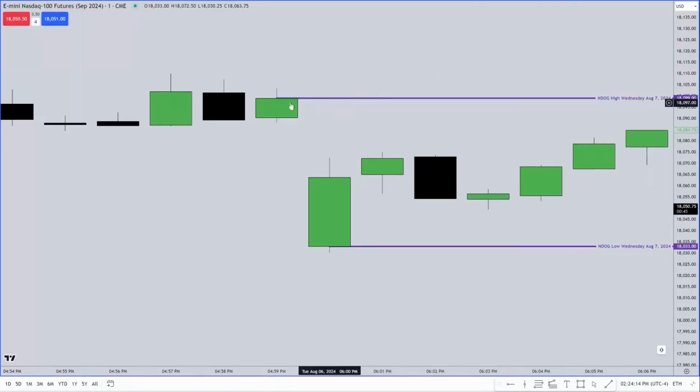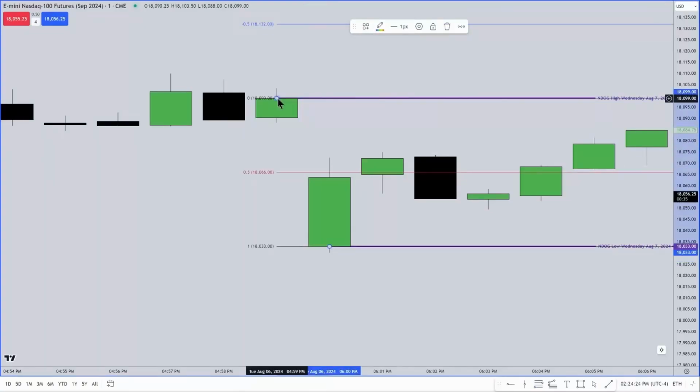But once you have them on, this is how you get the other levels that are important to me. You use the low, drag it up to the close, which is the high of the new day opening gap. And here is your consequent encroachment. That's the midpoint. Why is it consequent encroachment and not equilibrium? Because equilibrium is a range that has been delivered up and down. Think of it like a trading range. This is not a trading range. It's a gap. It's a real gap.